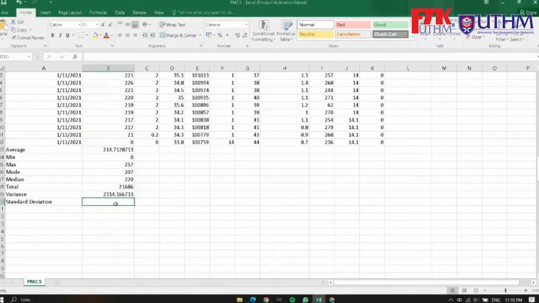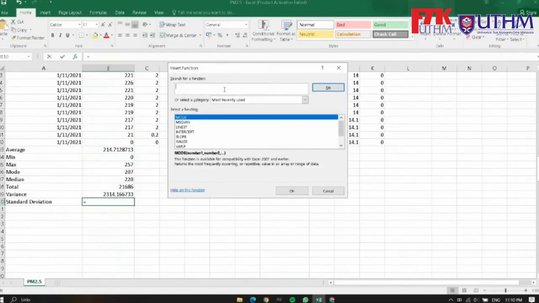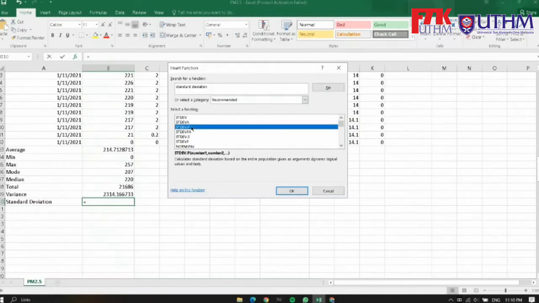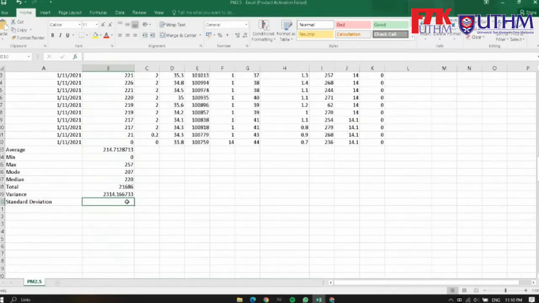For standard deviation, you can search in the Insert Function description box. The options will appear as STDEV, STDEVA, STDEVP. But if you know how variance and standard deviation work, standard deviation is basically the square root of variance.